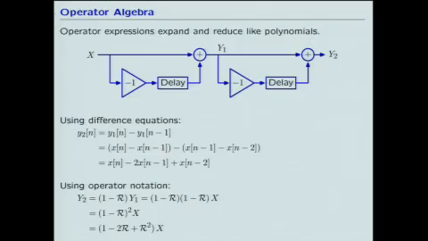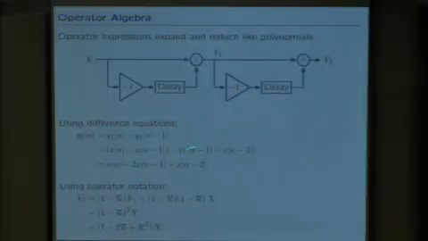So if we continue with this same example and try to think of the transformation on a sample level, we could say that y2 is y1, the straight path, minus y1 delayed. But then we could substitute for y1 of n that y1 of n is x of n, this path, minus x of n minus 1. Similarly, collapse, and we get a simple expression.